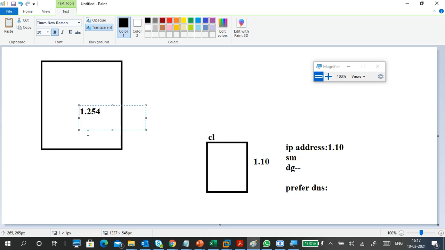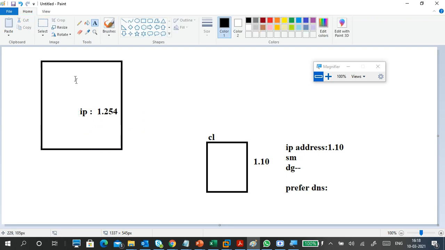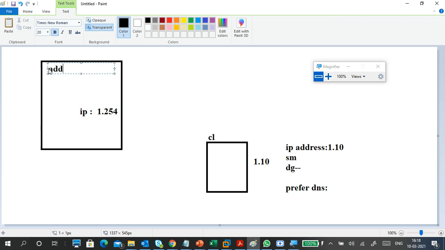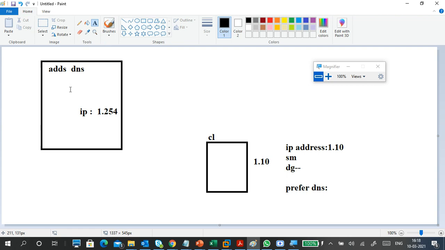So 1.254 is an IP address. Next, this is my ADDS and DNS as well. Both are in the same server only.